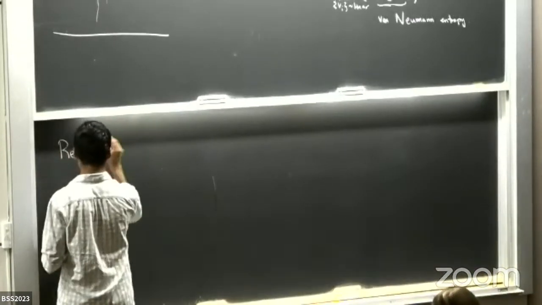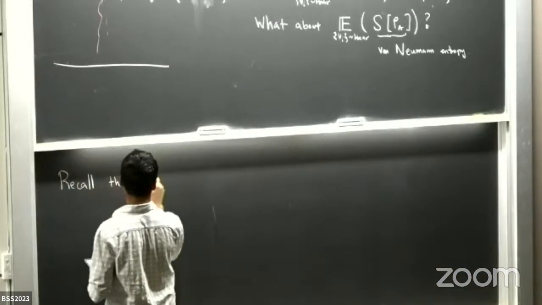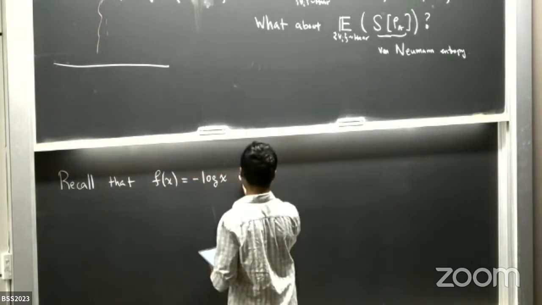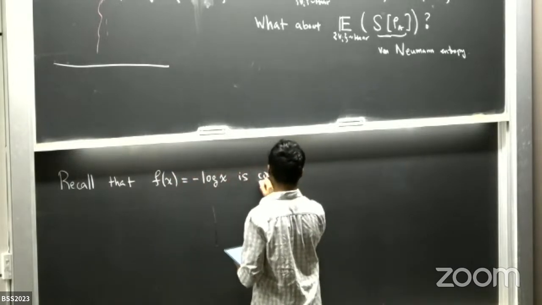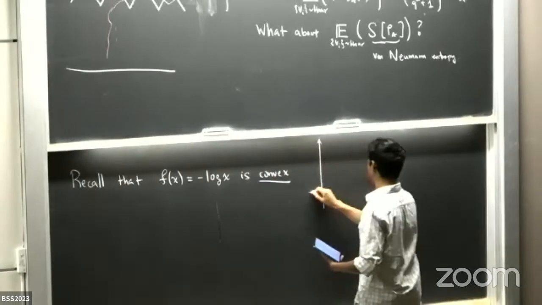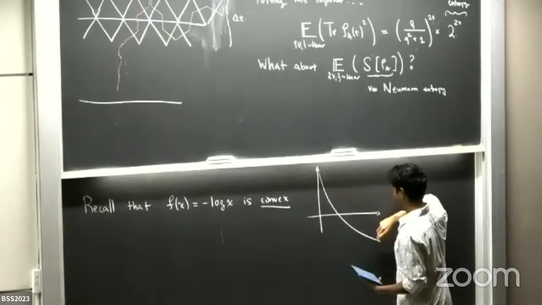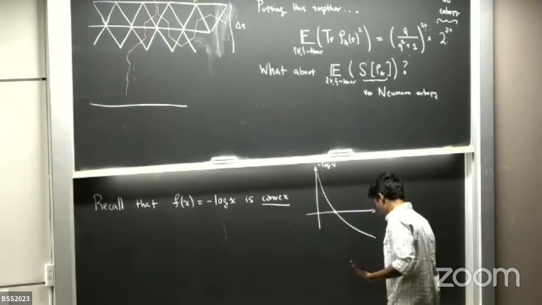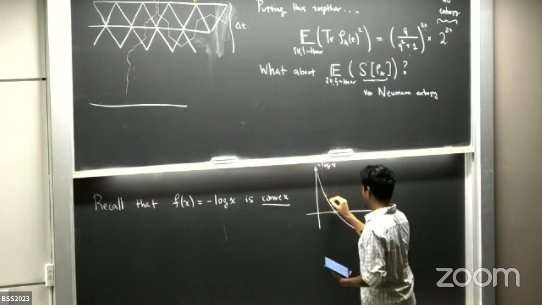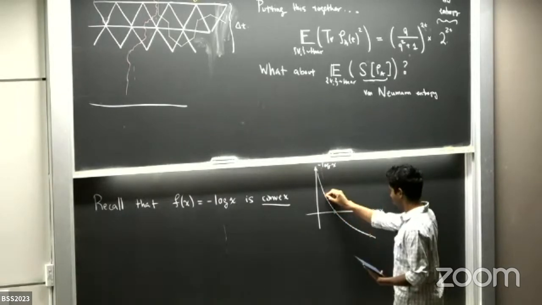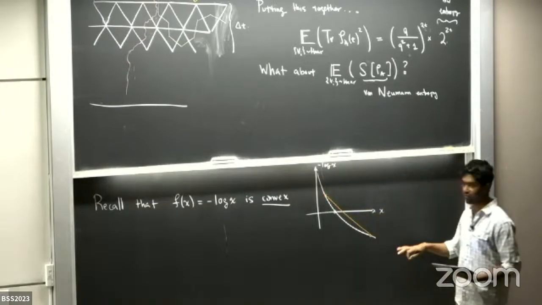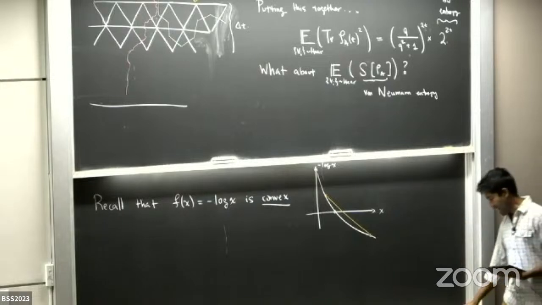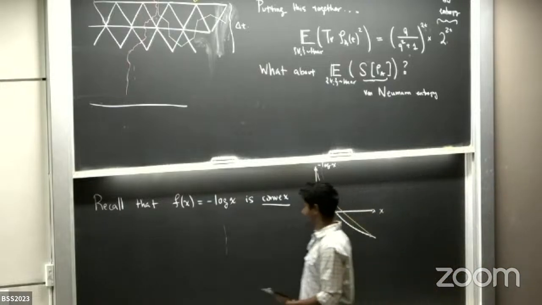So recall or note that if I take a function f of x, which is minus log of x, this is convex, right? And what that means, geometrically, is easy to draw. This is minus log x. If I take any 2 points and draw a chord connecting those 2 points, then the function always lies below that chord. That's the geometrical meaning of convexity. And mathematically, all that means is that